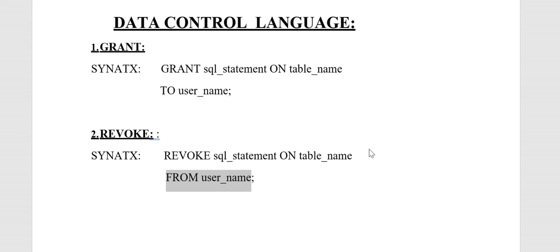Here you have to remember one point: after performing all these operations like insert, update, and delete, we have to use the commit statement. Then only the data will be saved in the database. Otherwise, data won't be saved. Next one is transaction control language: commit, save point, rollback. Next, data control language: grant and revoke. Grant is to give permission to someone on a particular table, and revoke is nothing but to take back a particular permission from the user.